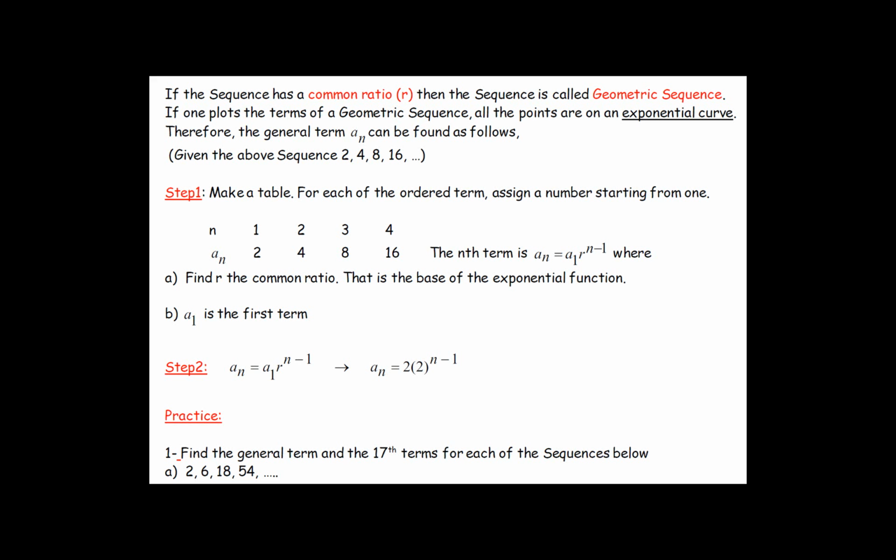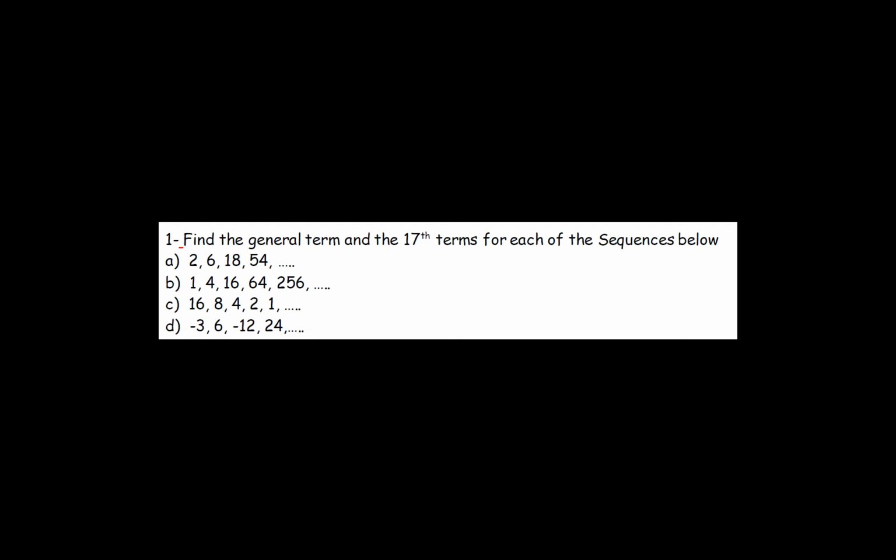Now let's try example B. We have 1, 4, 16, 64, and 256. So our common ratio would be 4 divided by 1, which equals 4. Now our general term is a_n equals 1 times 4 raised to n minus 1. And the question also asks for the 17th term, so we plug in 17 for n. a_17 equals 4 raised to 17 minus 1, and that would equal